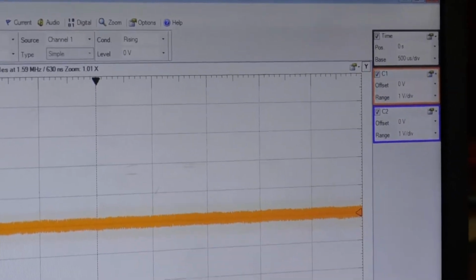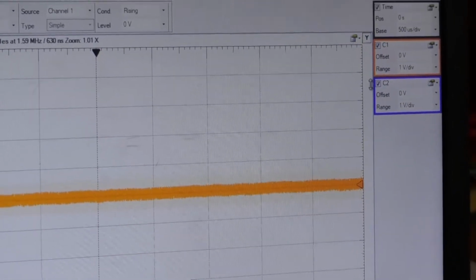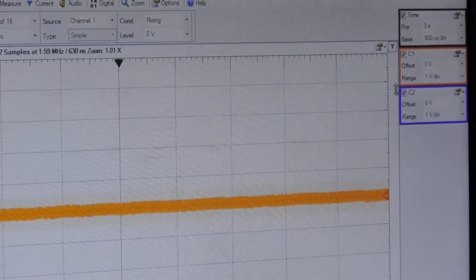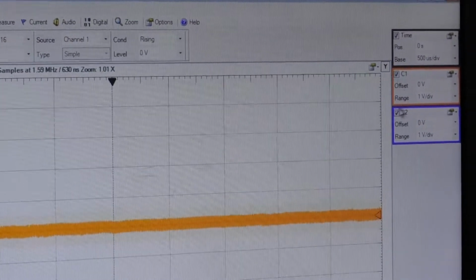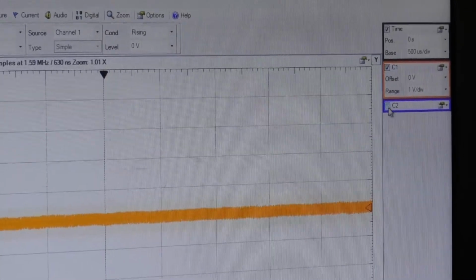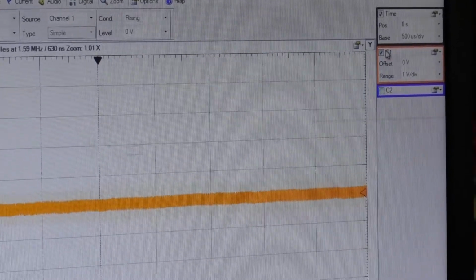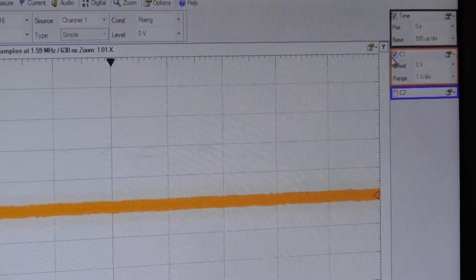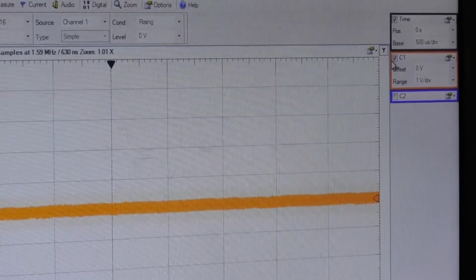So orange color indicates channel 1 and blue color indicates channel 2. But in our experiment, we use only channel 1, so just disable this channel 2. There is no need for it here. If you want to use it, enable channel 2. Here I am going to use only channel 1, and channel 1 is connected across the output node here.